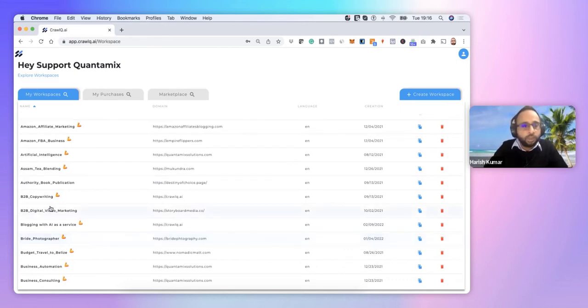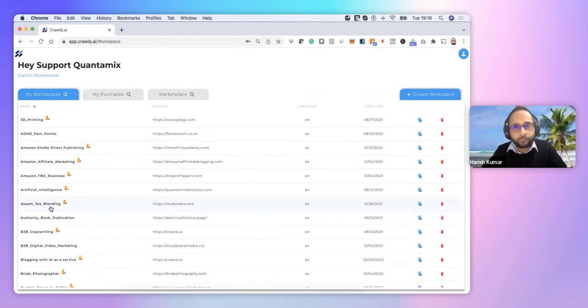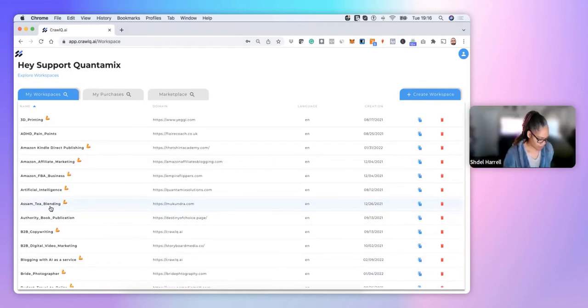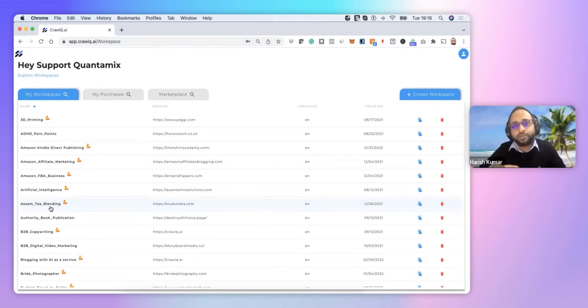For example, if you're in a niche of dog walking, you don't run a dog walking business, but you're creating an affiliate article on dog walking. It doesn't matter whether you own this business. I mean, you don't want to own the business, right? So you won't go into detail of who is the business owner, and you just want to hit the target audience in the right way. And if you want to adapt to a specific market or something within that, you can always make it more specific. Does that explain